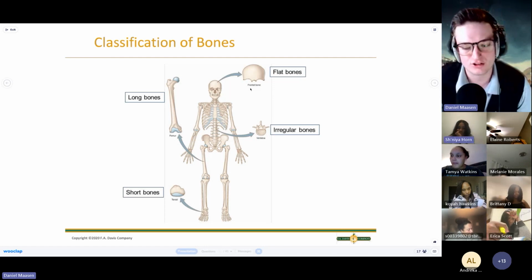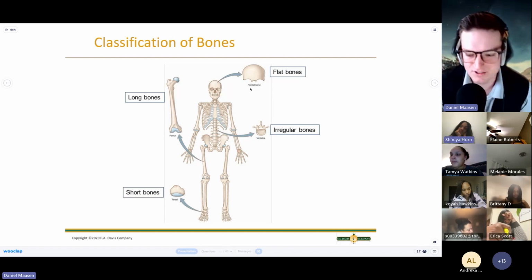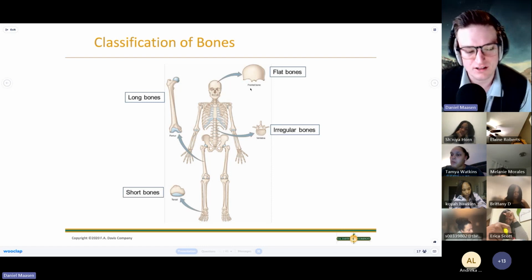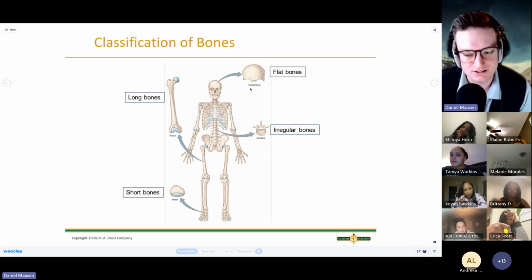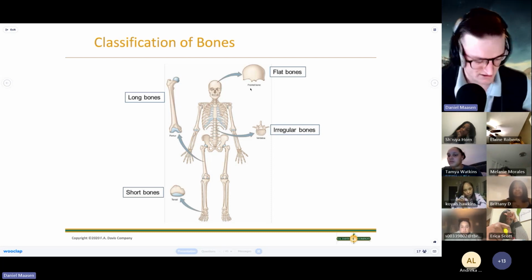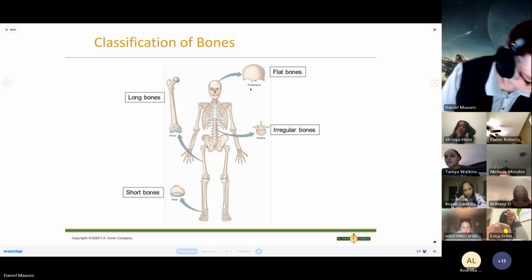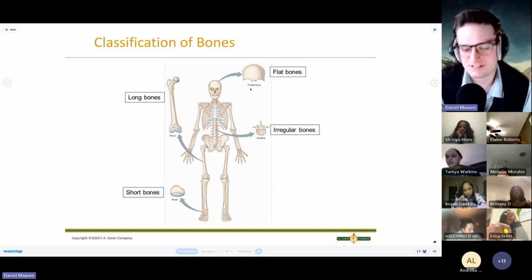Usually all the long bones are going to be mostly our extremities. They play a key role we're going to look at in a second, but that's the traditional bone, like when you're making a skeleton for some goofy kids Halloween thing, you think of long bones, right? Short bones would be